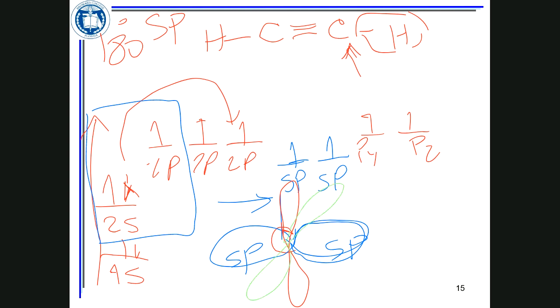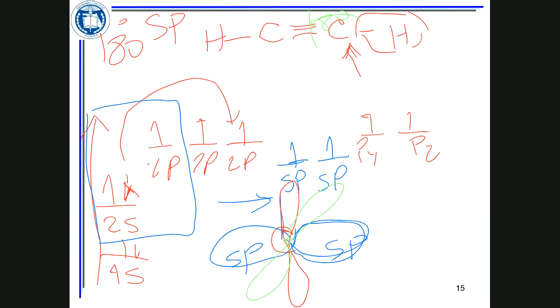So you see what you did to this poor atom of carbon. First, you excite one electron from 2s to go to 2p. Now you have four single electrons. You mix only two of them to get the hybrid orbital, because that's the only way you can justify this 180 angle that you have here for acetylene. And these two p orbitals are going to stay perpendicular to the center of the carbon.